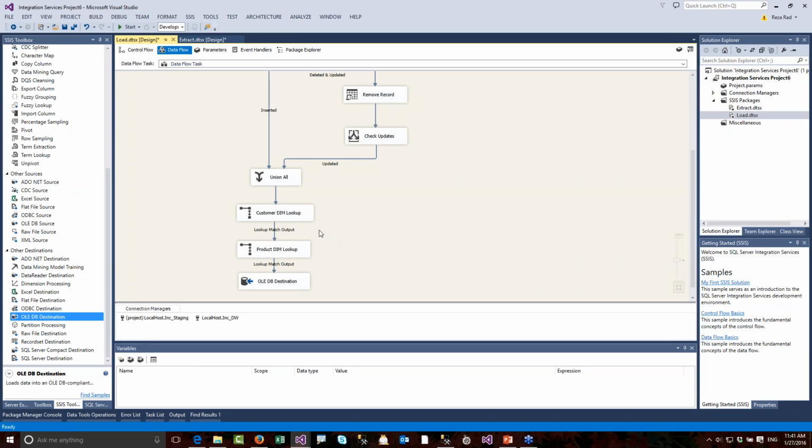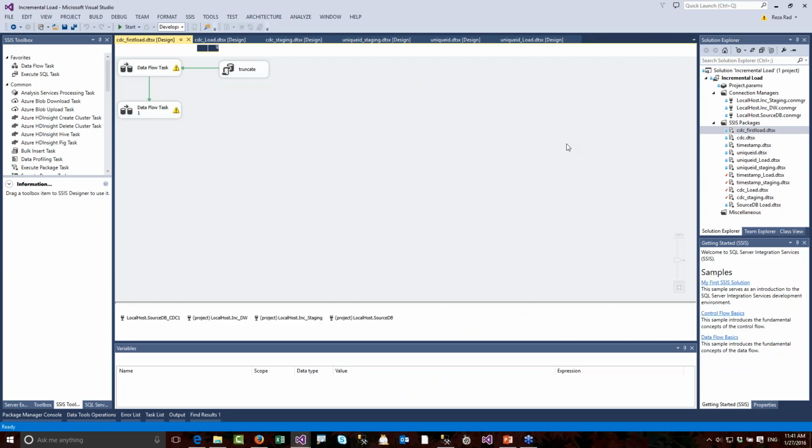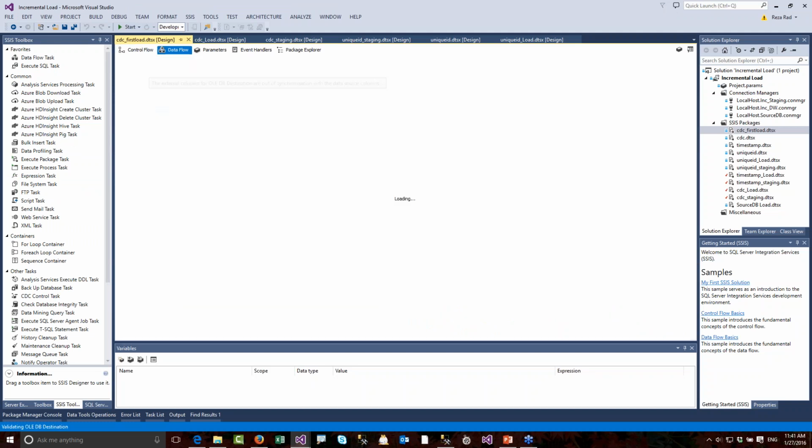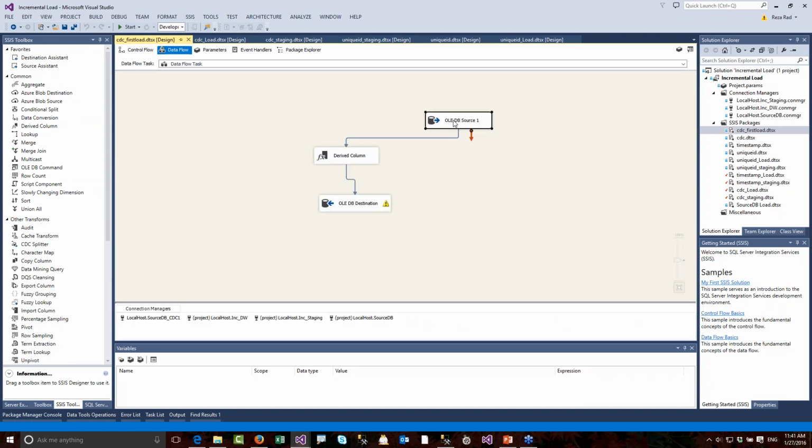The only thing here is that you have to do a first load as well. Usually that's part of the solution that you have to make. So I won't do that first load here because that will usually take quite a lot of time. So what I'll do is I'll just bring another package here. So that's another package that I'll do first load. In that first load, I'll get everything from that data flow, everything from the source table,